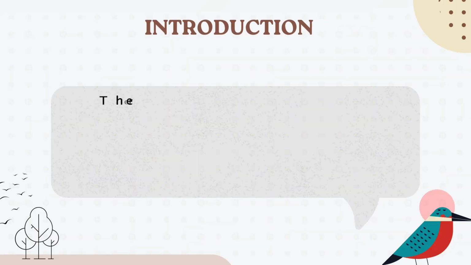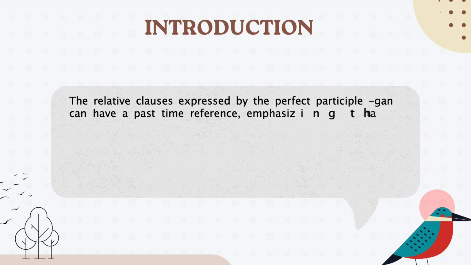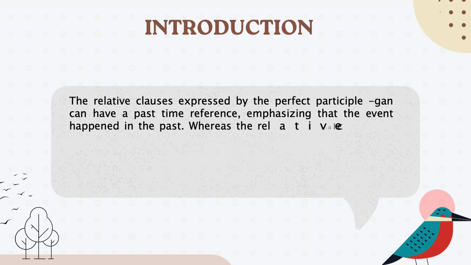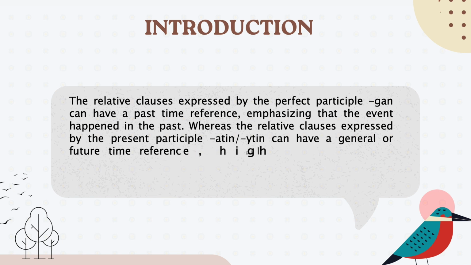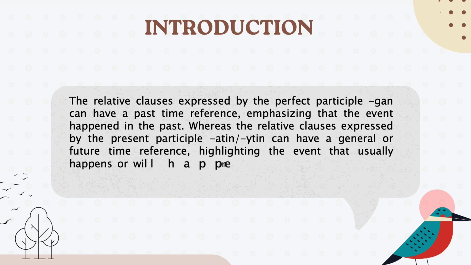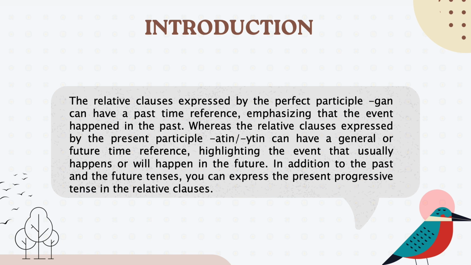Having learned the basic features of Kazakh relative clauses, in this video we will learn about expressing time in relative clauses and certain types of them. In the last video we said that relative clauses expressed by the perfect participle gan can have a past time reference, emphasizing that the event happened in the past, whereas the relative clauses expressed by the present participle atin or etin can have a general or future time reference, highlighting the events that usually happen or will happen in the